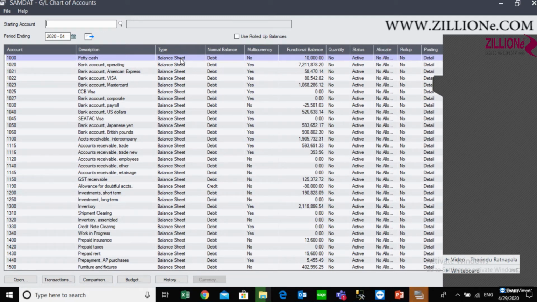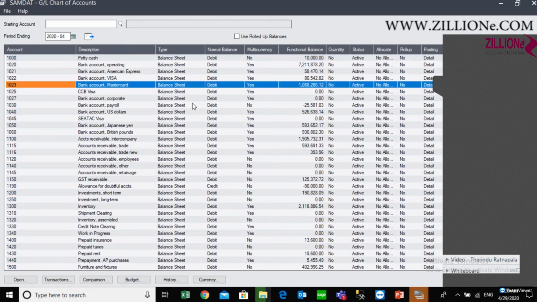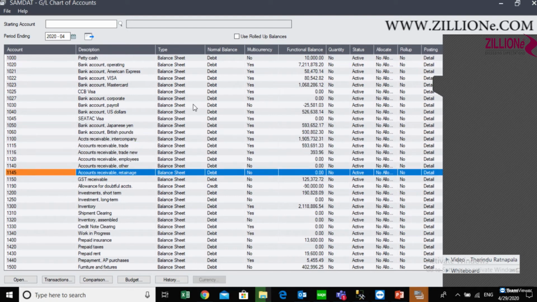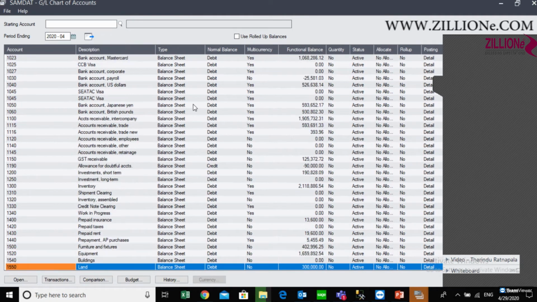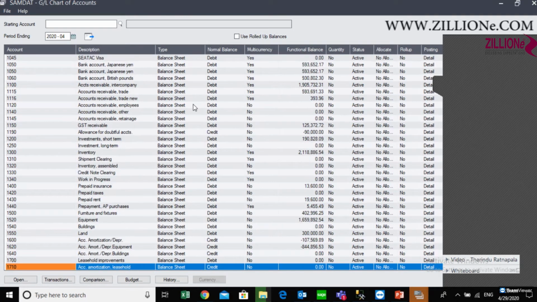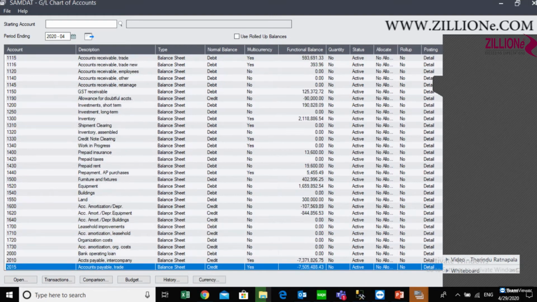At that time you can't do anything after the year end. So you have to make sure beforehand that all the accounts are categorized correctly as balance sheet and income statement accounts.